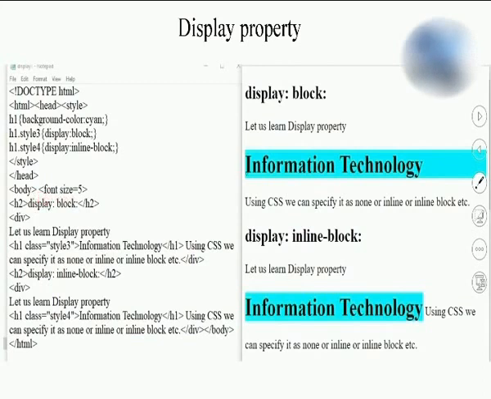Once I say display block, you will observe that display block will take the complete width of your web page. And if I specify inline block, so obviously for style 4 it is inline block, inline block will take only this background color, cyan. So depending on your display property, the output is going to change.